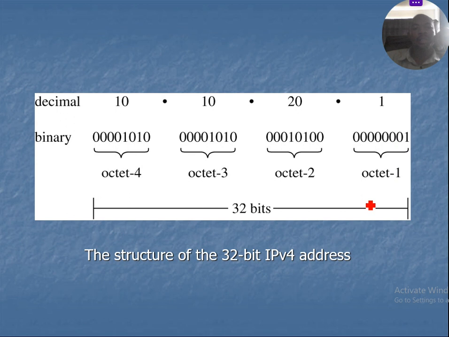Now see, for example, the decimal number of an IP address, for example 10.10.20.1. You can see the binary equivalent of each of them. So you can convert this to binary, or change it back to decimal and you get 10. I told you in the last class that this position will be 2 to the power of 0. So 0 multiplied by 2 to the power of 0 plus